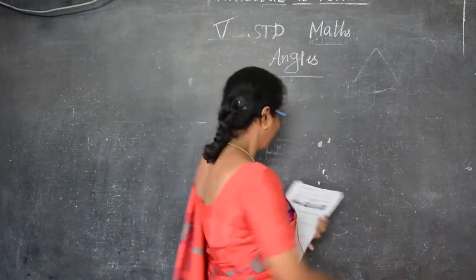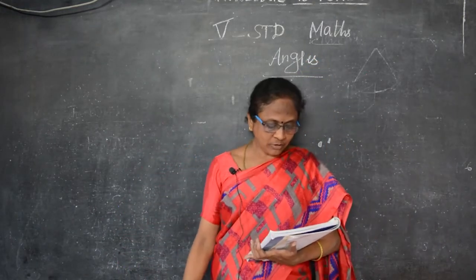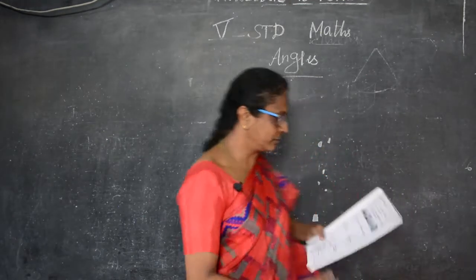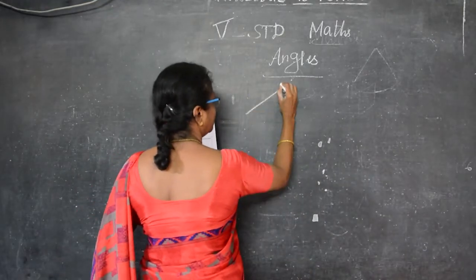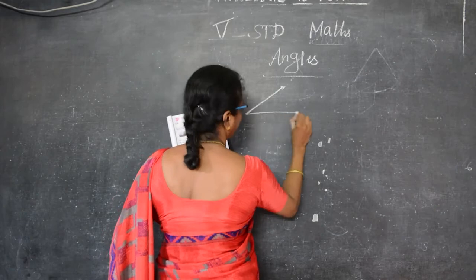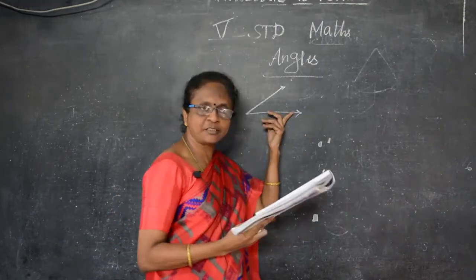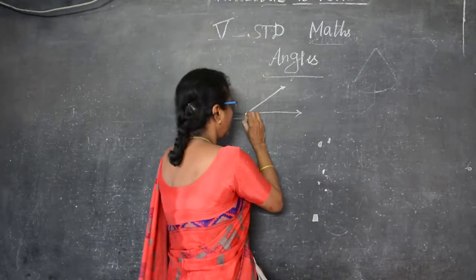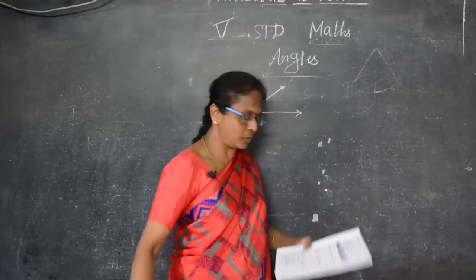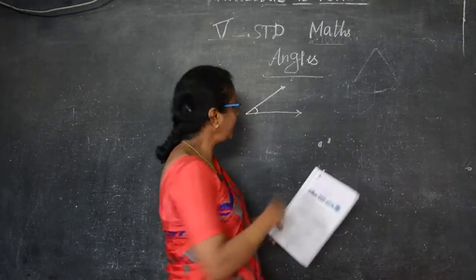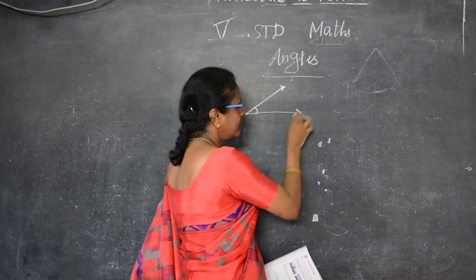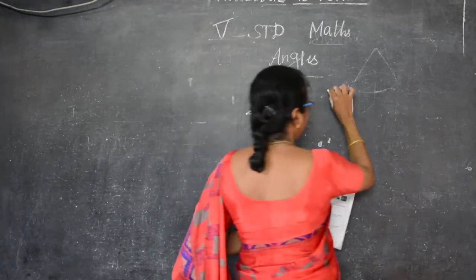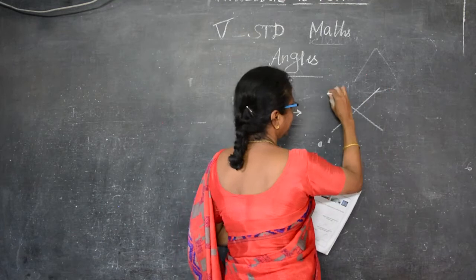Angles. In this, the figure formed by two rays with a common point is called an angle. Two rays: this is one ray and this is another ray. So this is the figure formed by the two rays with a common point. This is the common point. So this makes an angle. The angle is formed by the meeting of the two rays, which are shown by the arrow marks. This is the angle formed by the meeting of the two rays, one ray and two rays, with the angle in between. And another one is intersecting the angles.